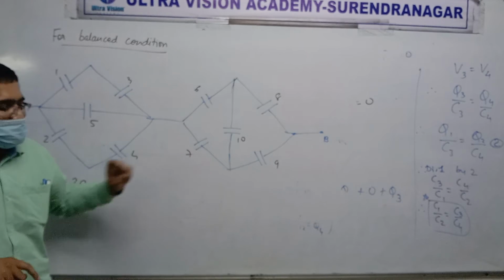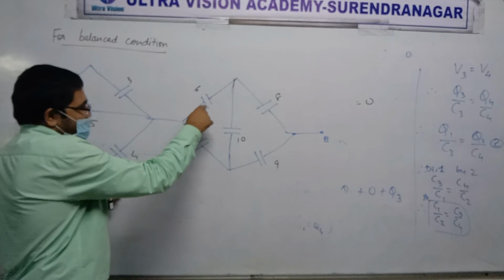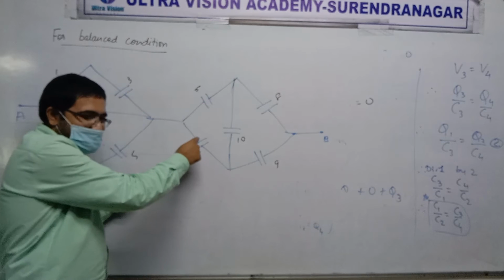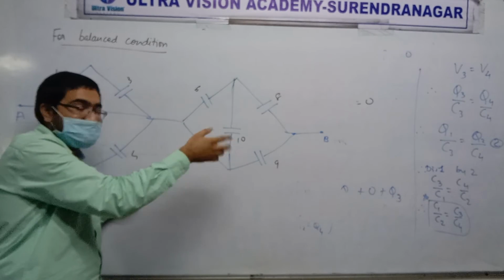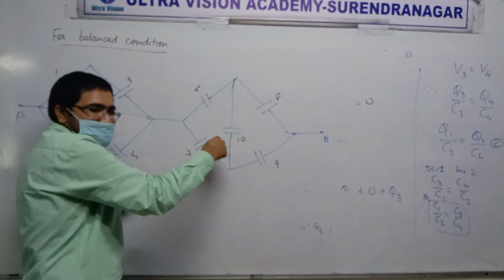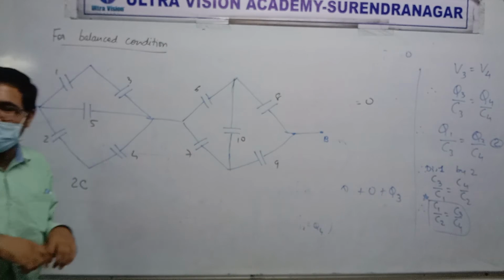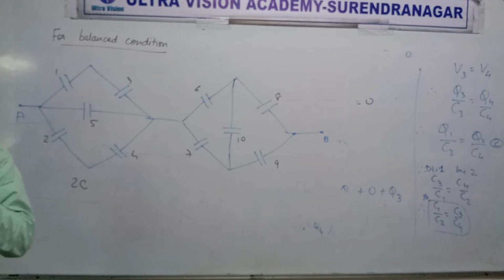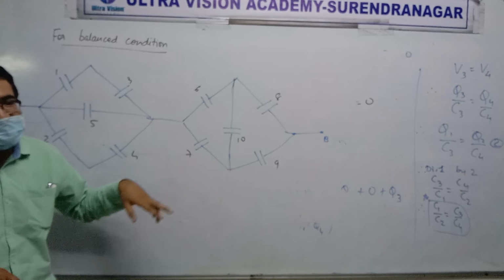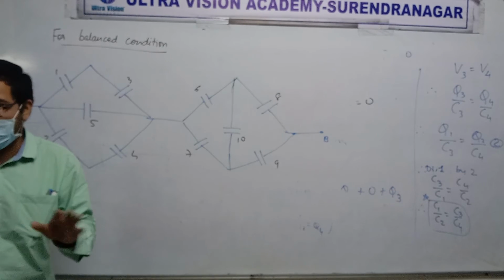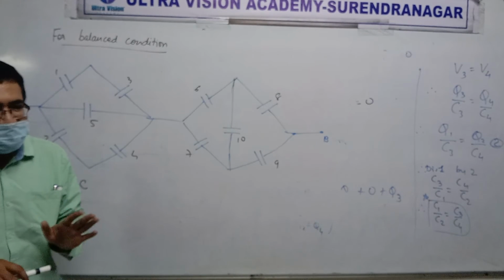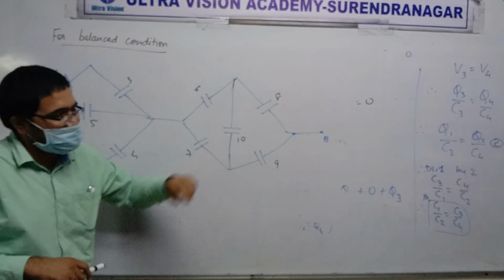Clear? Now what about parallel? How to check? Can one wire from 6 come directly to 7? Yes. What about the other wire? How can you join 7 without crossing anything else? Yes or no? Yes. So 6 and 7 are not in series and not in parallel. Clear? Now 6 and 8.